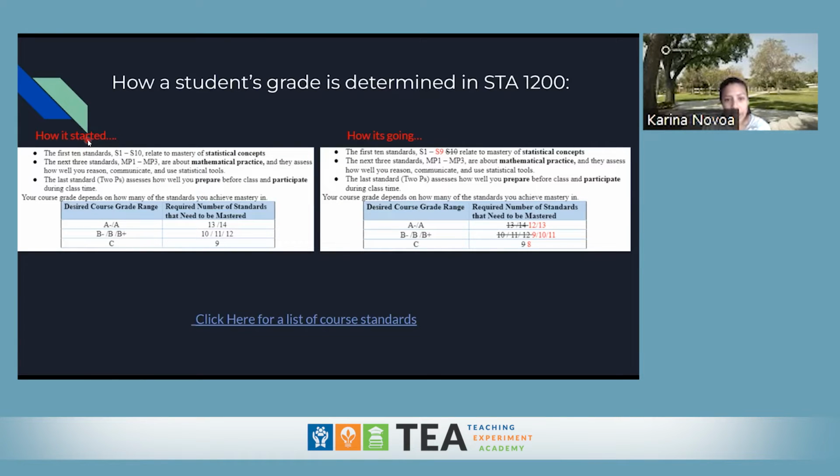So when I first started this full standards-based grading implementation this semester, this is what I started with. I started with 14 standards total. Those 14 standards are broken up into three parts. So there are 10 standards on statistical concepts, 3 standards on mathematical practice, which is intended to assess students on how well they reason, communicate, and use statistical tools. And then the last standard is called the 2 Ps, which is on how well they prepare before class and